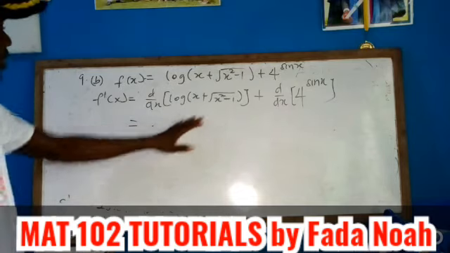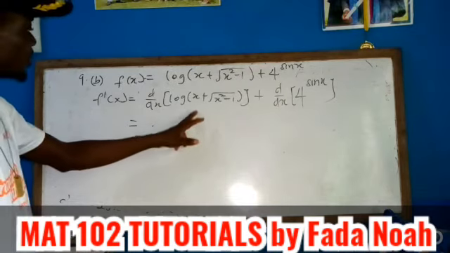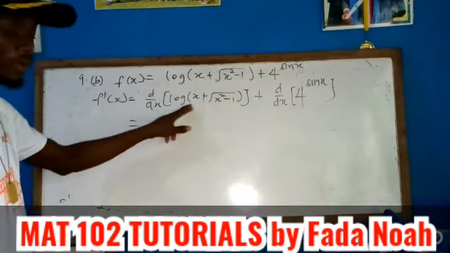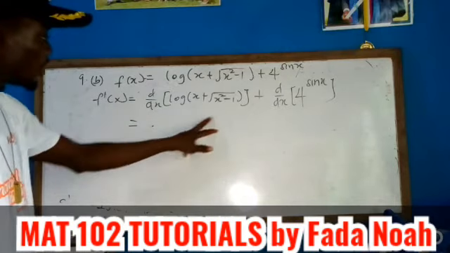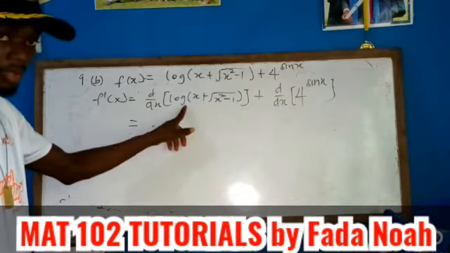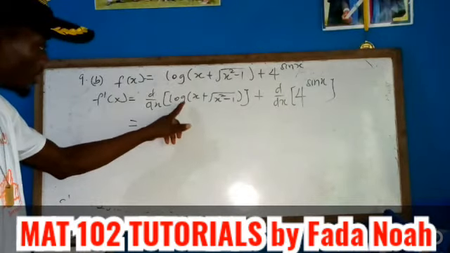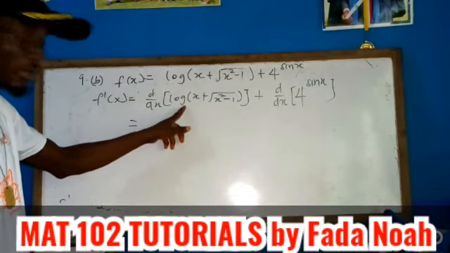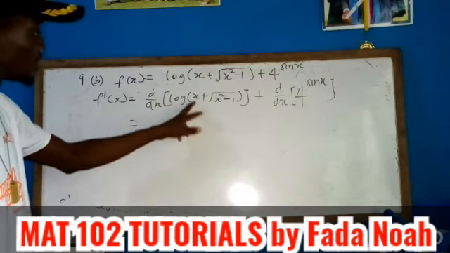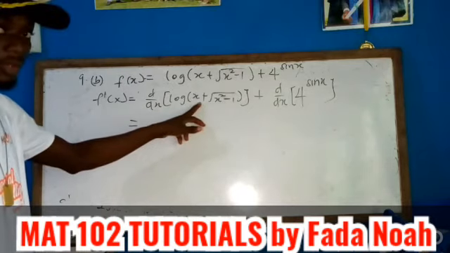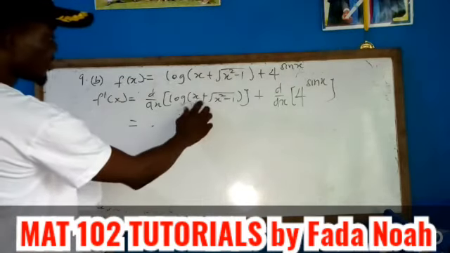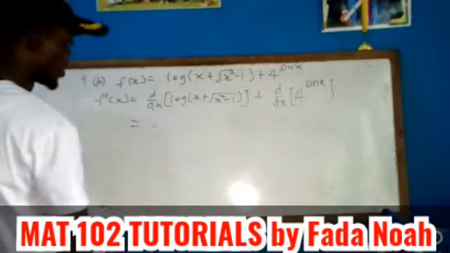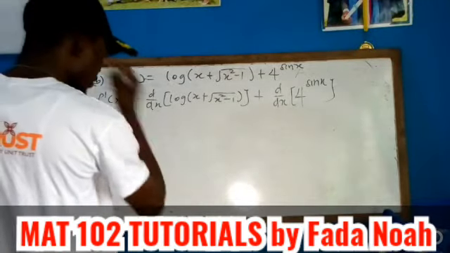The rule says that find the derivative of the function inside the log, you can call it g of x or h of x or whatever, over ln of the base of the log, times the function inside the log. Okay, so we are going to have the derivative of x plus square root of s squared minus 1 as 1